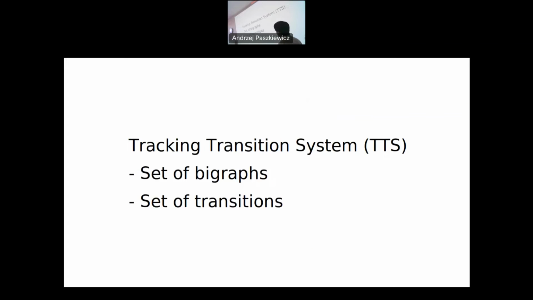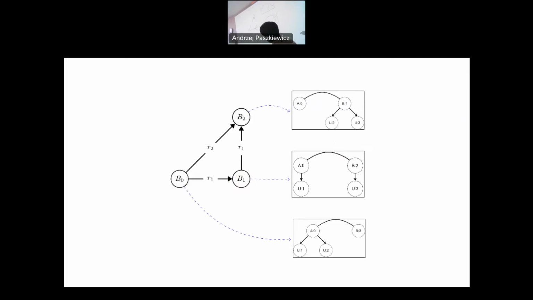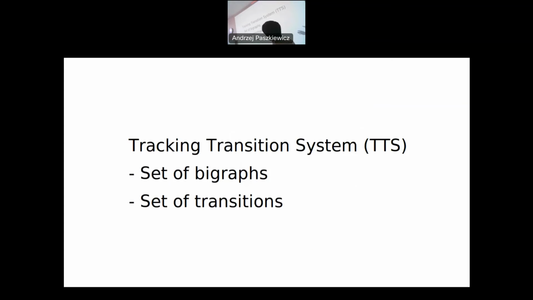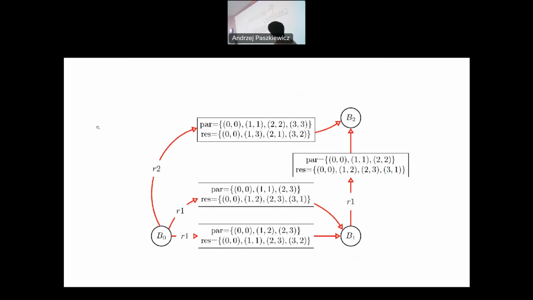Okay, tracking transition system. Any tracking bigraphical reactive system can be transformed into one, because at this stage we do not distinguish between different instances of the same type of activity. A tracking transition system consists of a set of bigraphs and a set of transitions. This is the tracking transition system for the system described in this example. It resembles the bigraphical system from the previous slide, the difference being that besides the two functions, the participation function and the residue function,